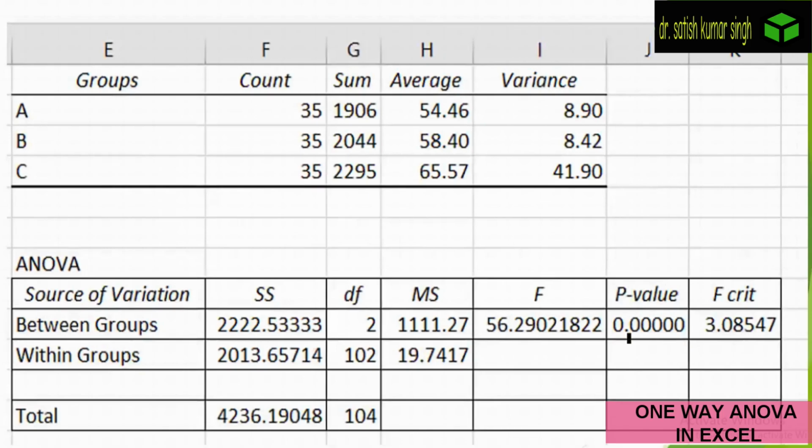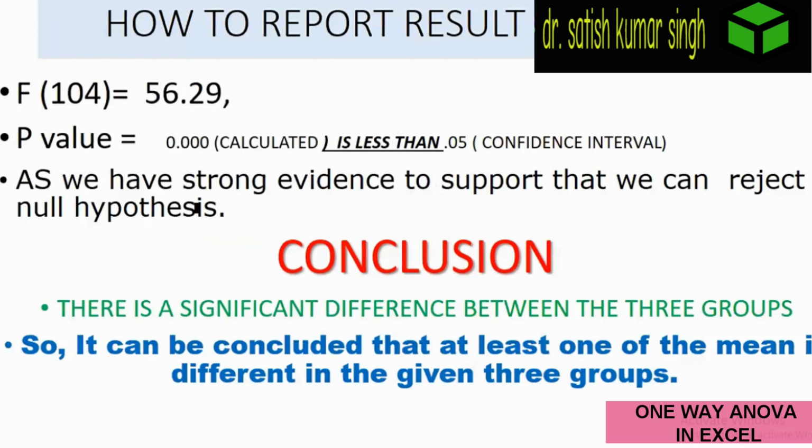Here are the results. What exactly is the p value? It is 0.00000. So we can say here, as the p value is less than 0.05, our threshold level, we have reason to reject.